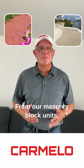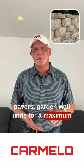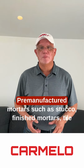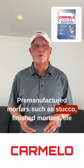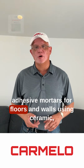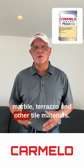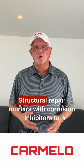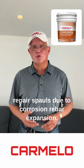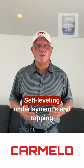From our masonry block units, pavers, garden wall units for a maximum height of 2 feet, keystone retaining wall systems, pre-manufactured mortars such as stucco, finished mortars, tile adhesive mortars for floors and walls using ceramic, marble, terrazzo, and other tile materials, structural repair mortars with corrosion inhibitors to repair spalls due to corrosion rebar expansion, self-leveling underlayments and topping